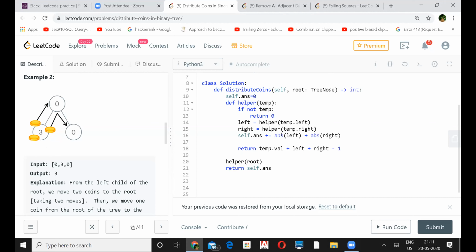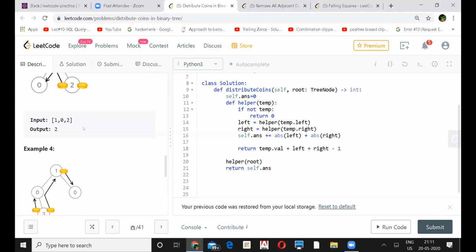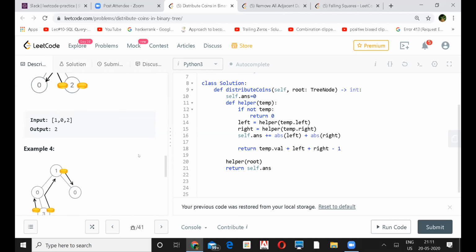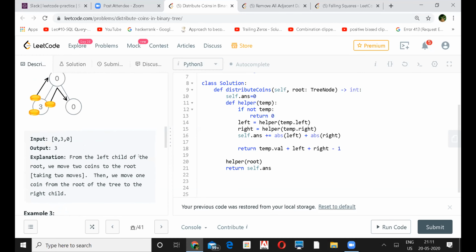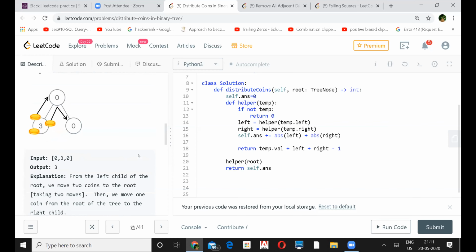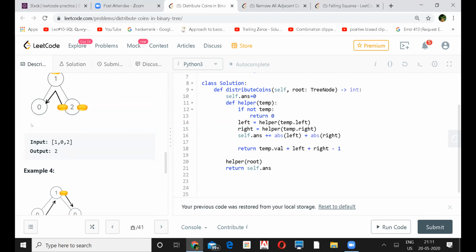The reason behind taking the absolute value is, let's say if you have 0 at a node, like the first example has zeros, or this one. This will take care of it. Here I was expecting a leaf node to have 0. The third one also is there, right?